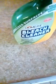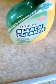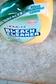Really, it's a good little product if you use around the house, cleaning and sanitizing your kitchen and bathroom areas with showers and everything. This is Family Dollar's Homeline Bleach Cleaner. You can buy it,